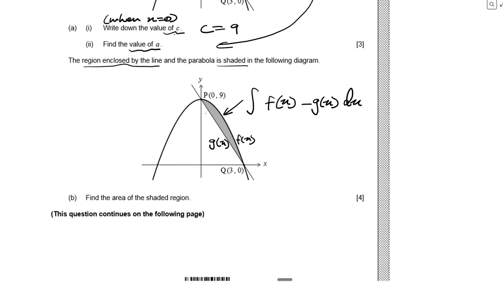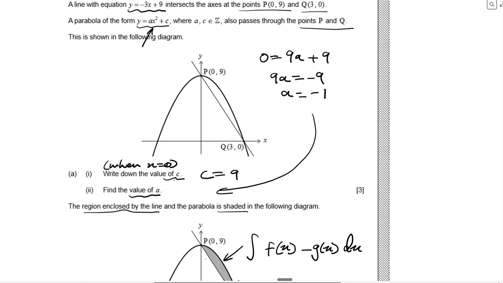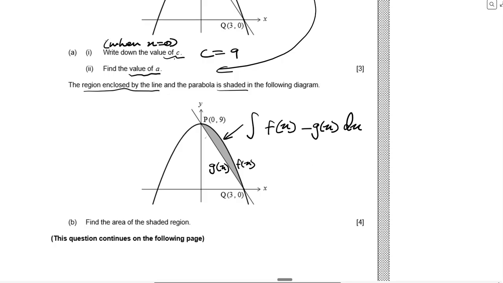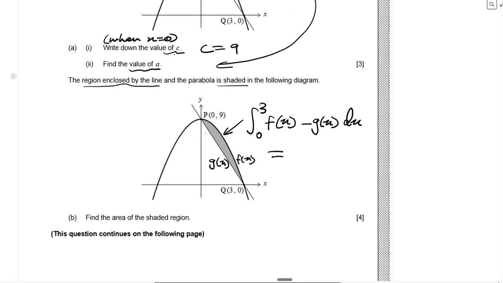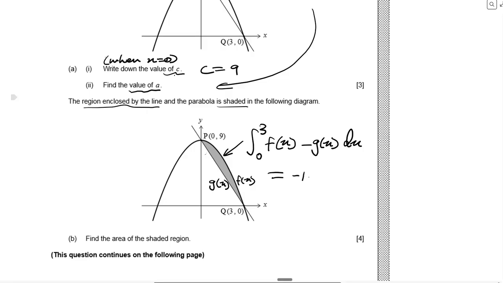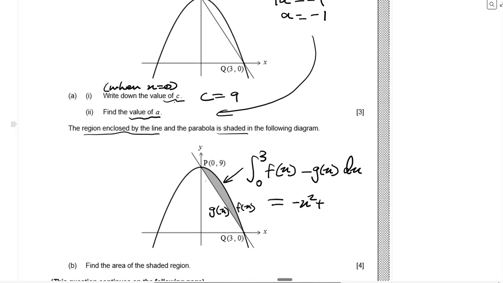So hopefully that makes sense. And I think we have both equations, right? Negative 3x plus 9. And we need to use these endpoints. They have given it to us, so that would just be x is equal to 0, x is equal to 3. And what is f of x? f of x is our curve. We just found out a and c. What was a? a was negative 1, so negative x squared plus c is 9,